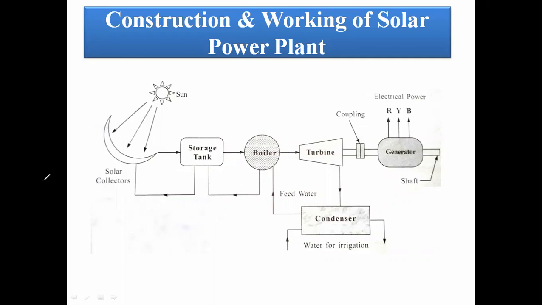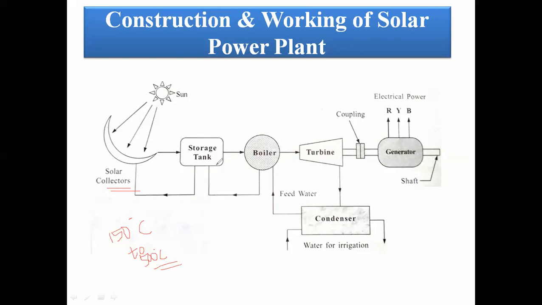In this diagram, the solar collectors used are the flat plate collector, the parabolic, and the concentrating collector. Generally, the collector output temperature is 150 degrees centigrade to 500 degrees centigrade. For the flat plate collector, the temperature is 150 degrees centigrade, but for the concentrating and parabolic collectors, the temperature is 150 to 500 degrees centigrade. In this collector, the solar radiation is converted in the form of temperature.